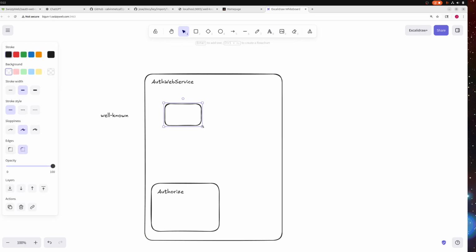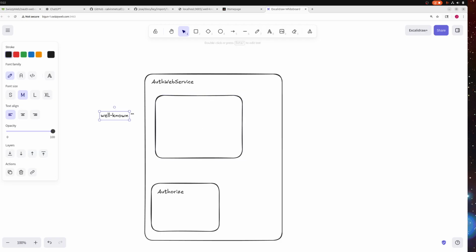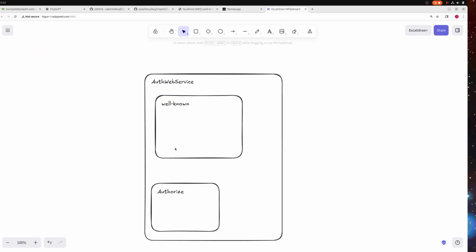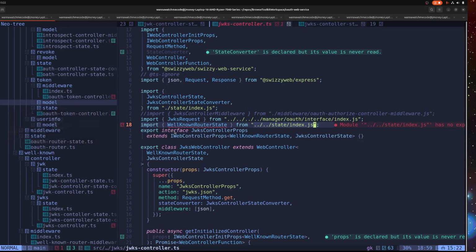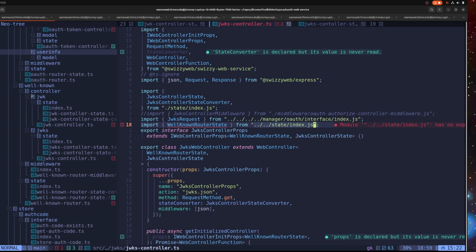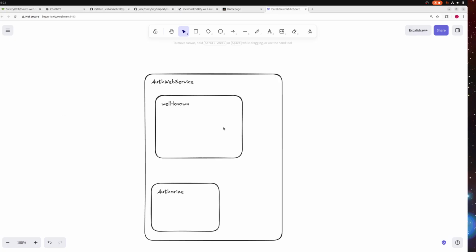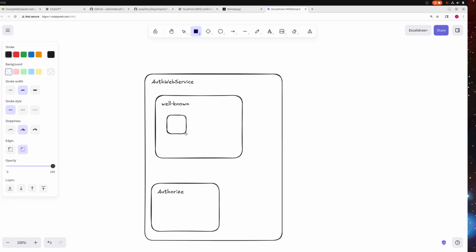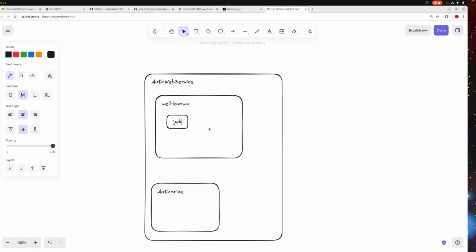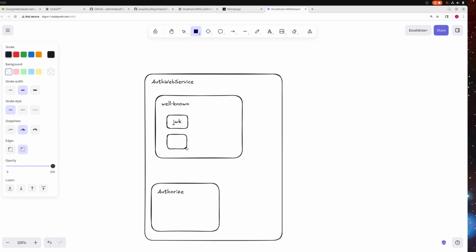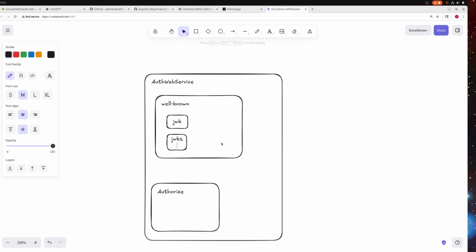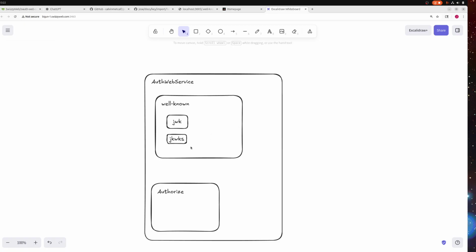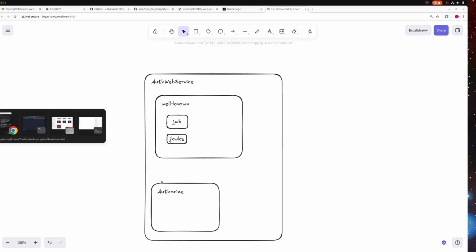Okay, so well-known has JWK, JWKS. So let's do this: JWK, JWKS. And then authorize has